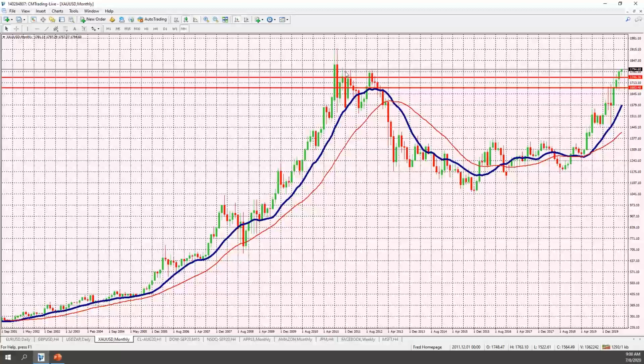We haven't hit this resistance-ish level since 2010, 2011. So keep this in mind, this is quite an important interval. If this does break above this 1850-ish level, we could go to 2020, 2000 even. Something to consider as we go into the latter part of 2020, especially since we're going into an